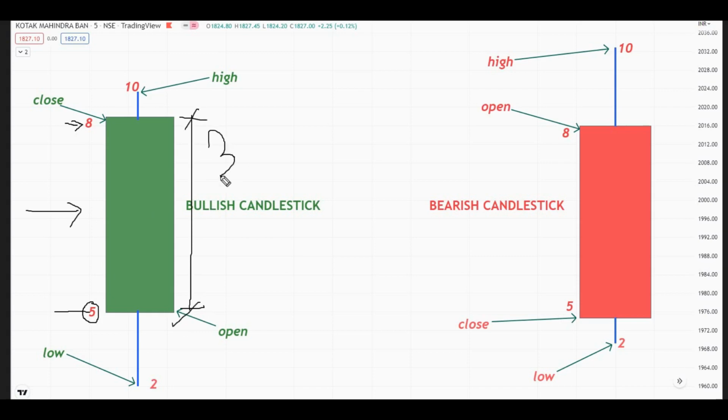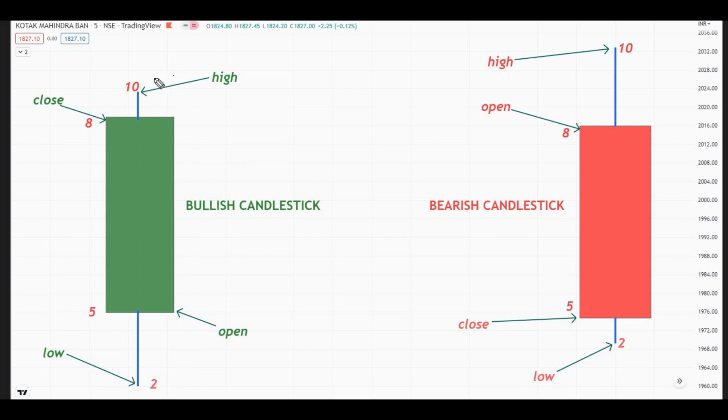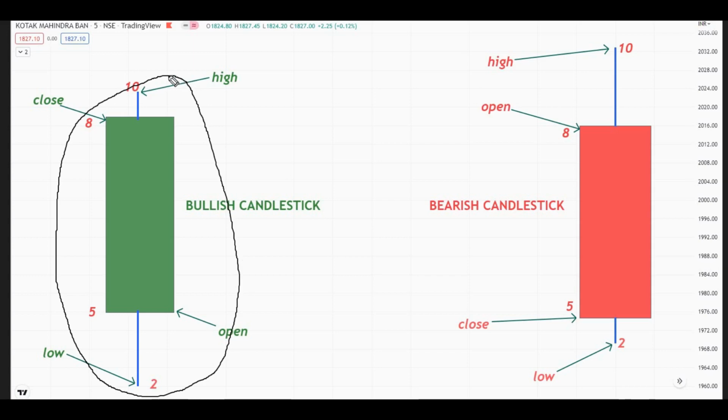But what happened during the course of the day? Prices made a low of 2 rupees and also made a high of 10 rupees. So prices opened around 5, then made a low of 2 rupees, then again moved up significantly towards the upside, then made a high of 10 rupees during the course of the day and closed around 8 rupees. So the pictorial representation of price during the whole day is like this in a candlestick chart pattern,